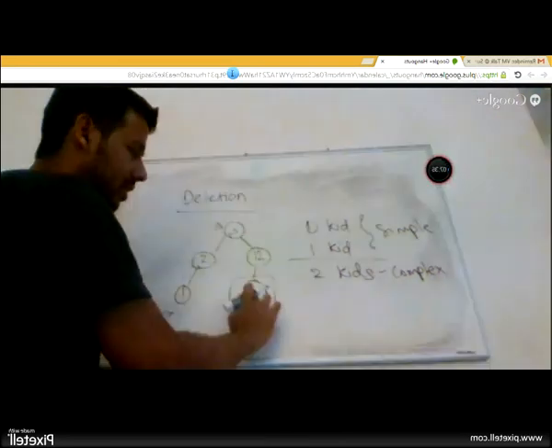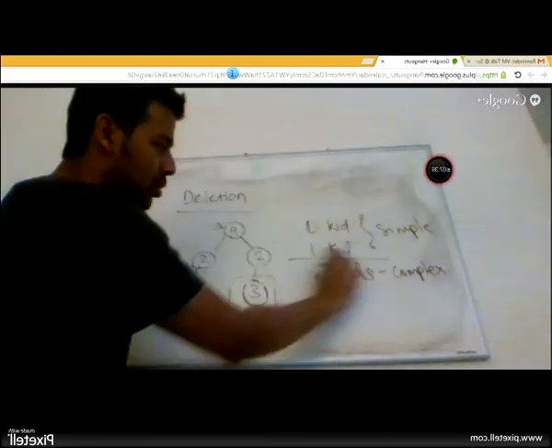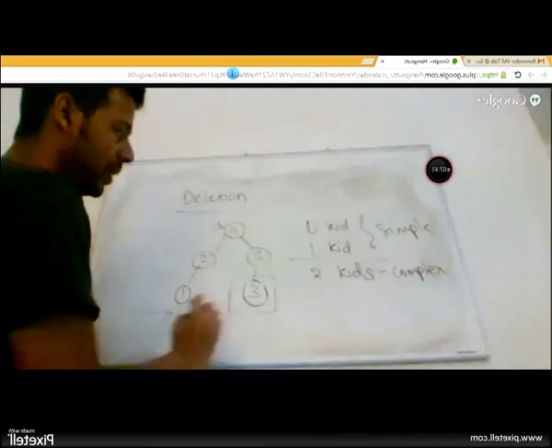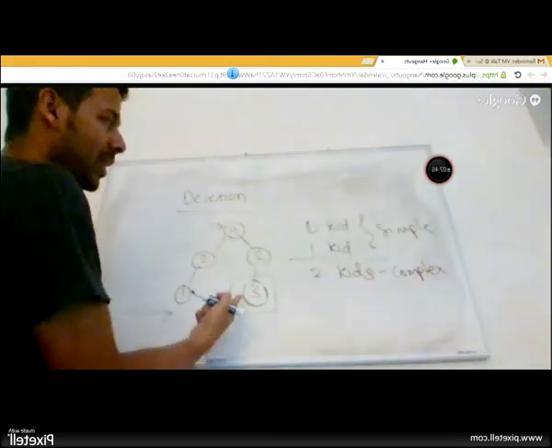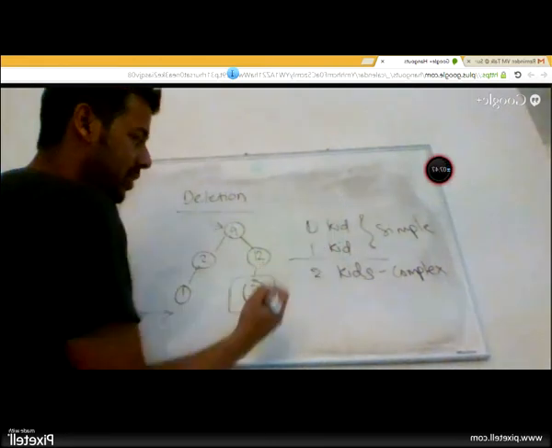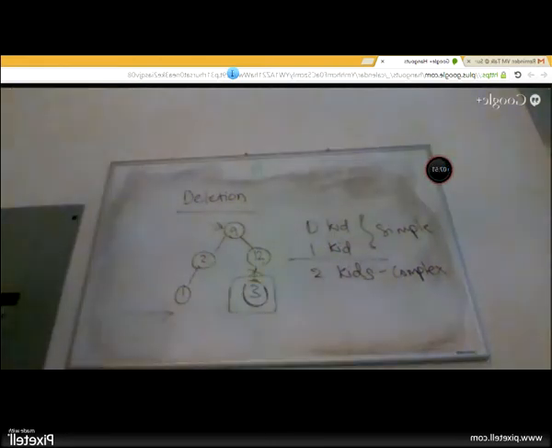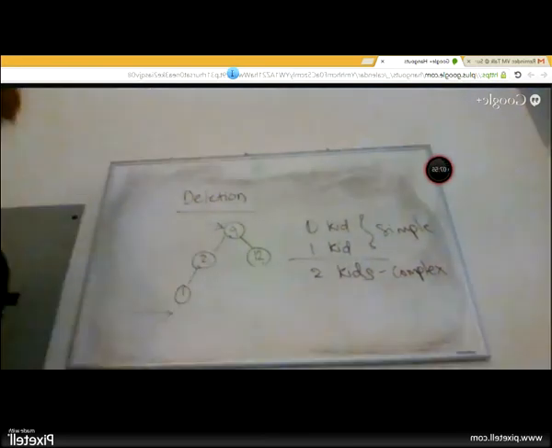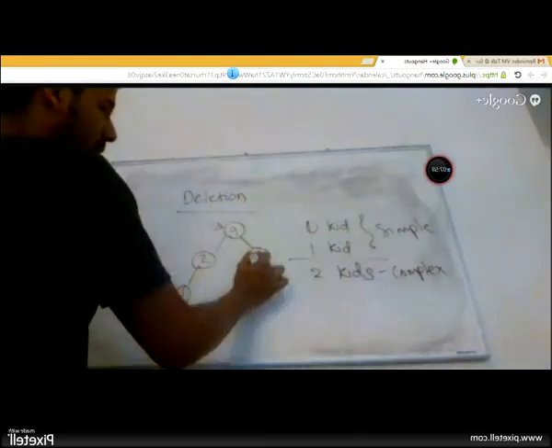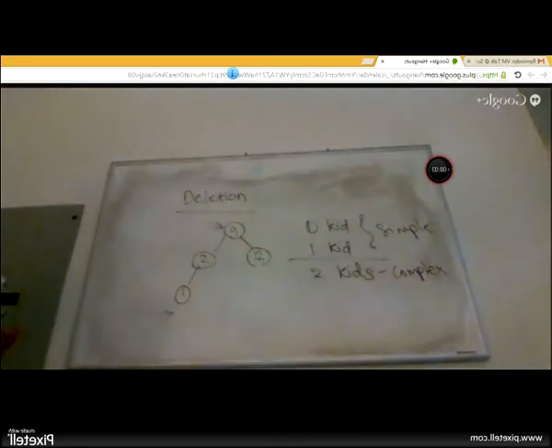So when you swap these, you are guaranteed never to come back to the same situation of having two kids. And when you have to delete 3, it boils down to one of these scenarios. In this case, if I have to delete 3, it is the case of 0 kid. I just detach it from the parent. Very simple. And I am left with this. Binary search tree property now still holds. 12 is greater than 9, 2 and 1 are less than 9, and everything is good.